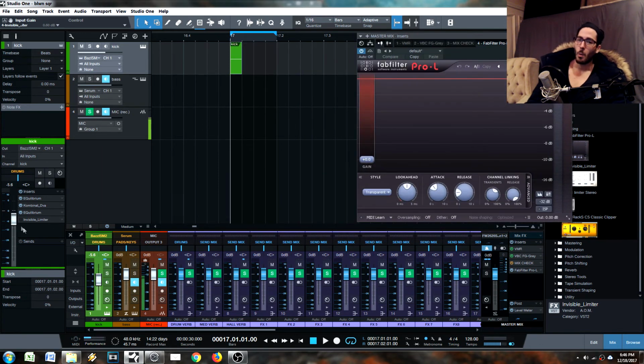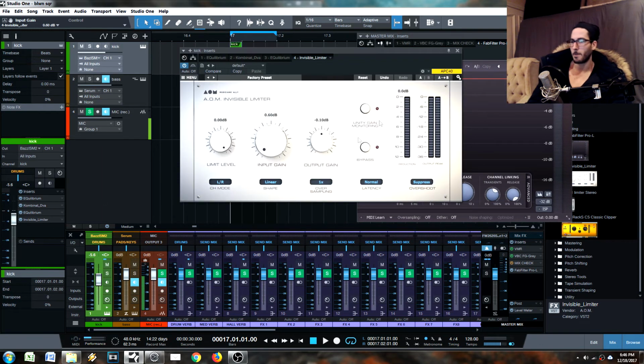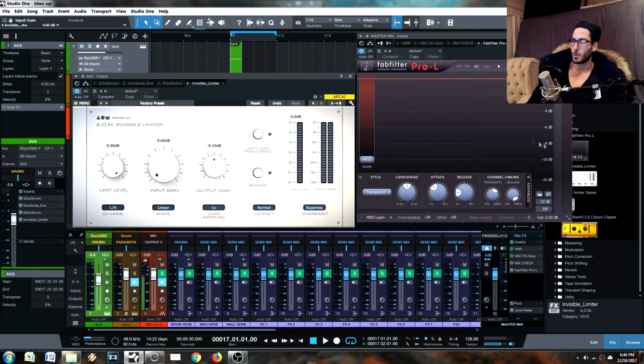So what I like to do with Invisible Limiter is I use it as a clipper to clip off that kind of top peak, to shave it off. And so what you're going to see is that this kick was hitting wherever it was hitting before, which is at like negative 4 dB. And it's going to probably drop down to about negative 6 dB, maybe 8 if I can get some pretty good clipping on there. And here's the thing about clipping, because clipping is a sacrifice. You're going to sacrifice a little bit of the original tone of that kick